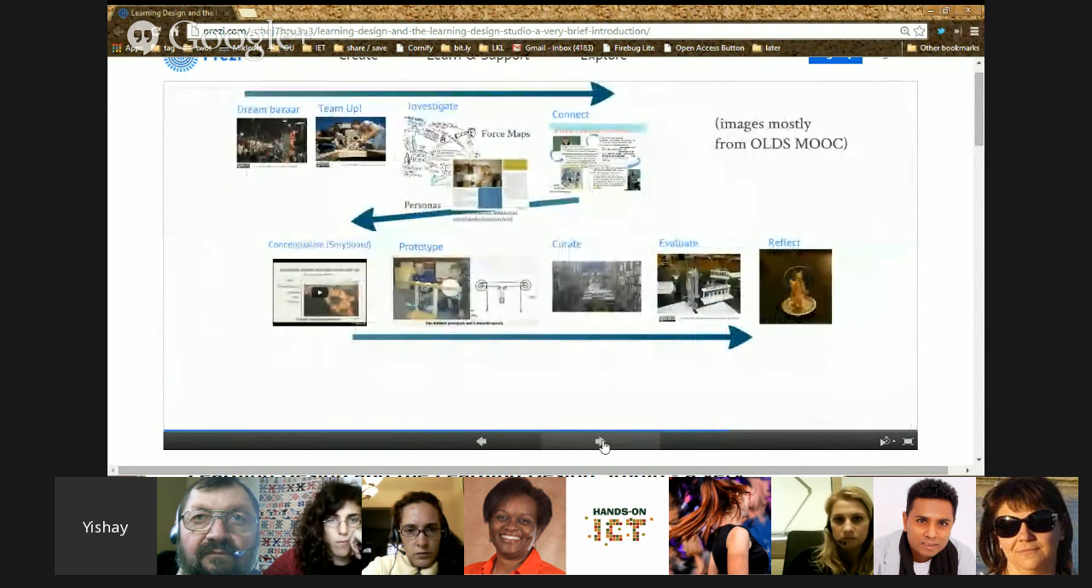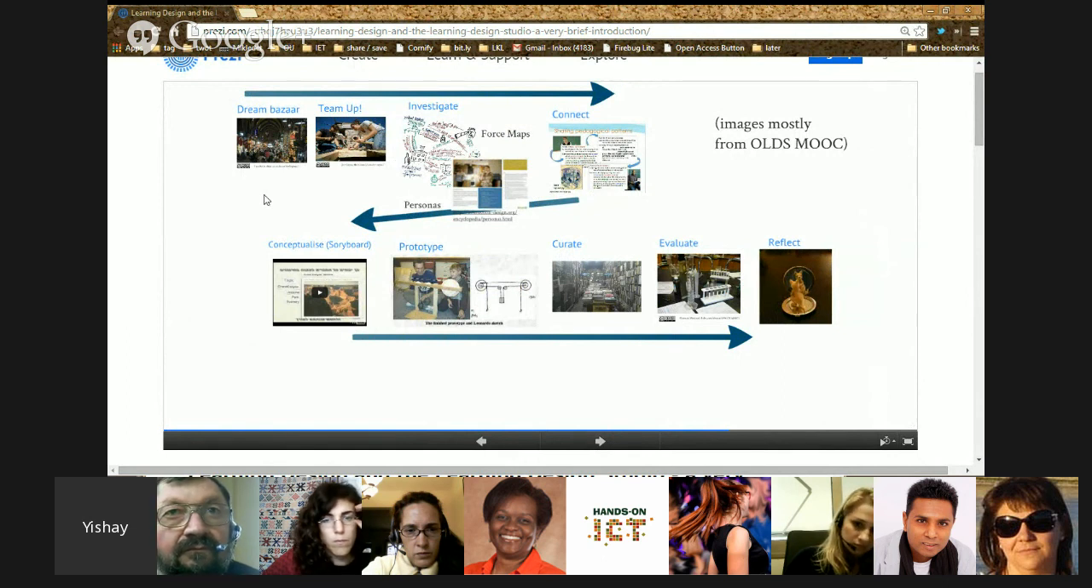If we look through the process of the Learning Design Studio, we start with what we call a Dream Bazaar, which corresponds to the Imagine phase. That's where people express their dreams, the fantasy of what they would like to do, what change they would like to bring about in the context in which they work. Then optionally form teams. If people find that they share interest, they can decide to work on the project as teams. But in a short MOOC, it's usually very hard to work in teams. It's much easier to work individually and just give feedback